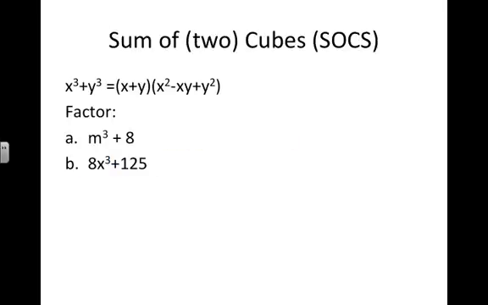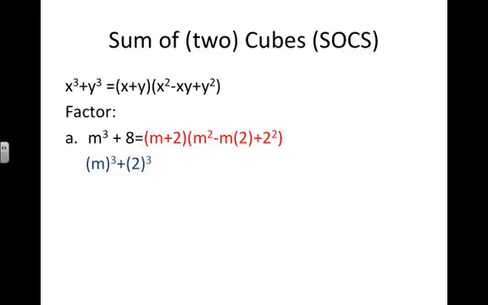All right, sum of 2 cubes is very much the same thing. We look for SOCS also. Because it is the sum of 2 cubes, you've got a plus inside your binomial. You're going to match the sign. And then for the signs in the trinomial part, you're going to have opposite, and then you're going to end with something positive. So m cubed plus 8, we're going to write it as m cubed plus 2 cubed,